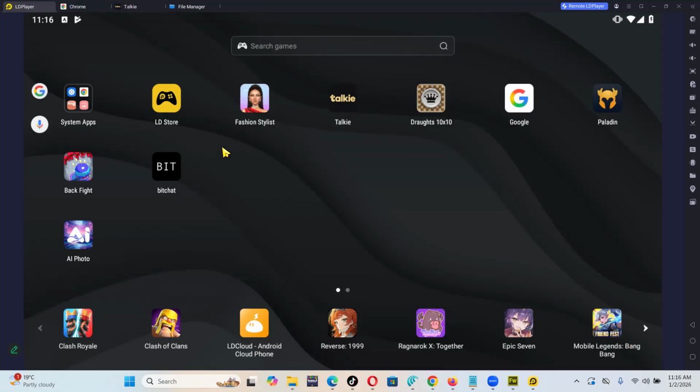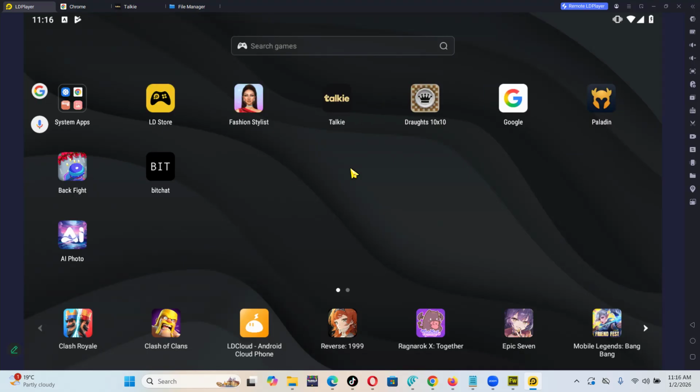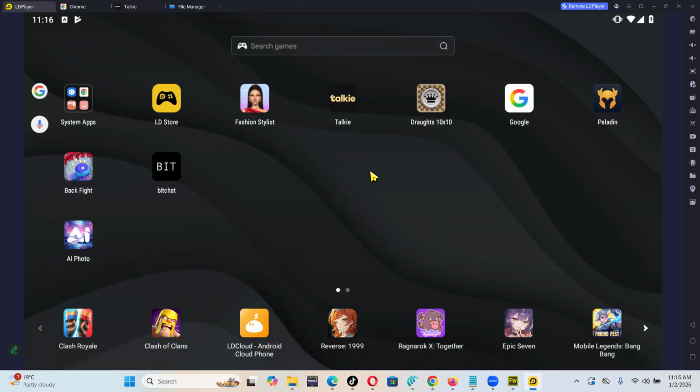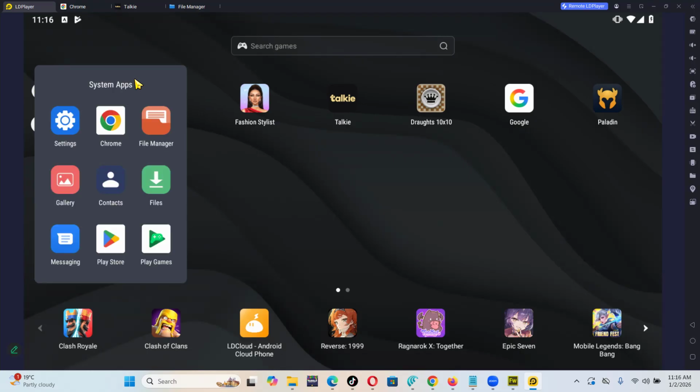How to add files in your LDPlayer. Now, after installing your LDPlayer, you go to System Apps. Okay, you go to System Apps. When you click on System Apps,